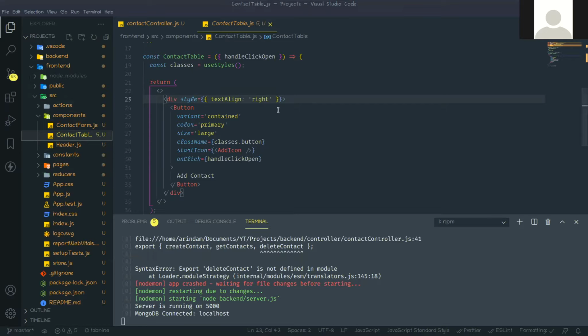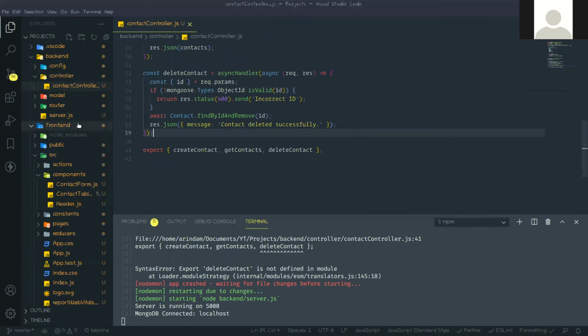So in this contact table, when we fetch, it will be on useEffect. This fetch is not only for the contact table, we can also fetch in pages.